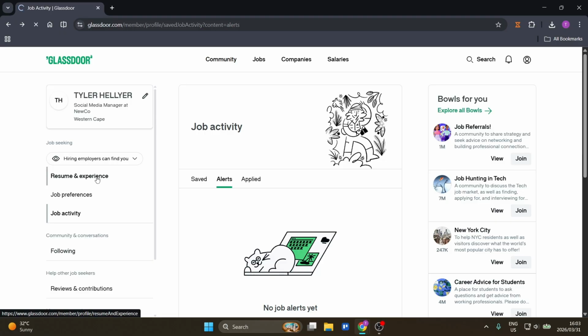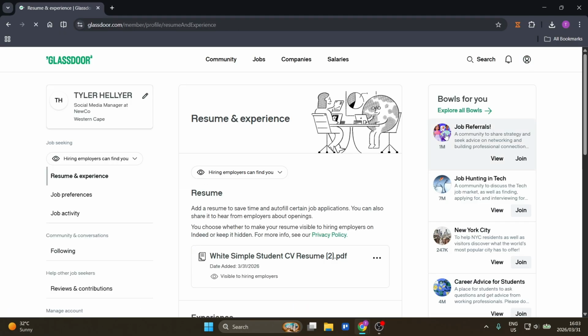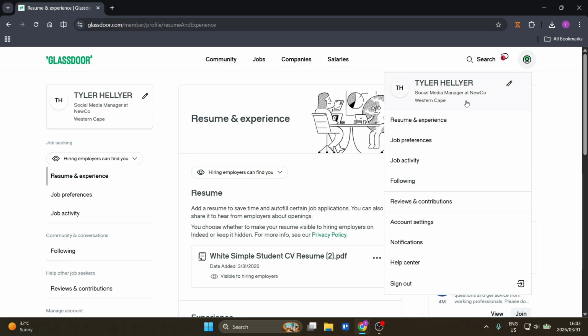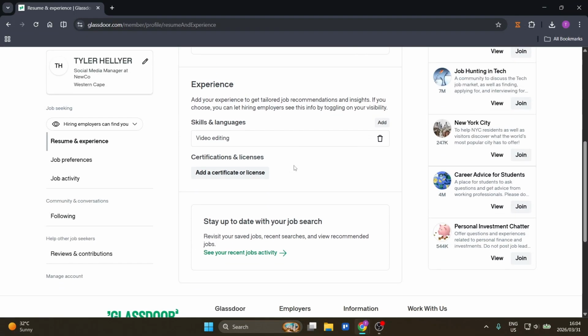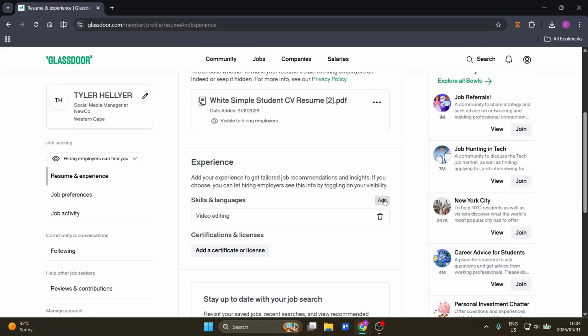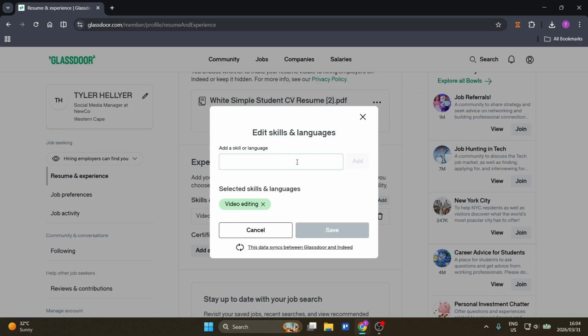We want to look for resume and experience, which of course you can navigate directly to on this drop down menu. Here you want to come down here and you will see skills and languages. Click on add in your language. So let's say Spanish, which I absolutely cannot speak. Click on add though, and then click on save, and this will be a language that is saved to your